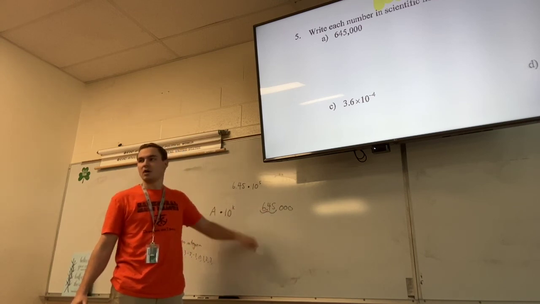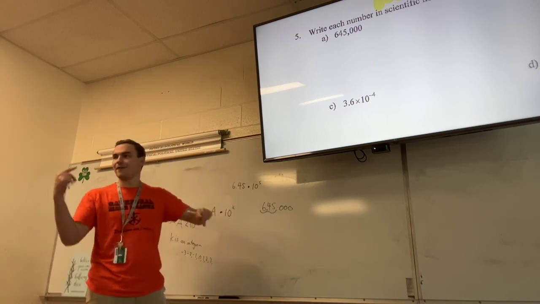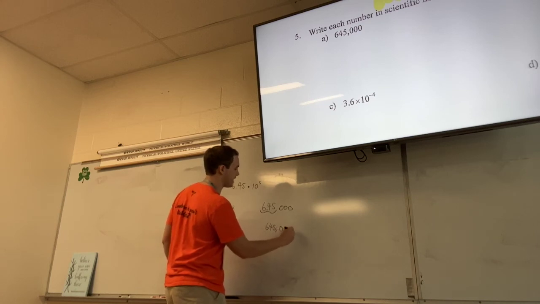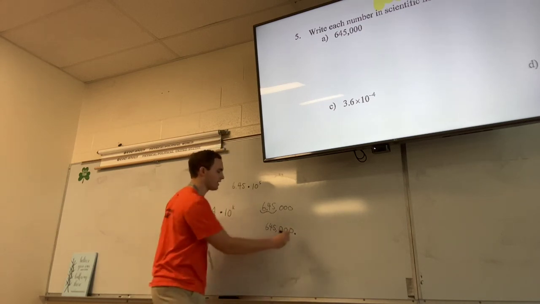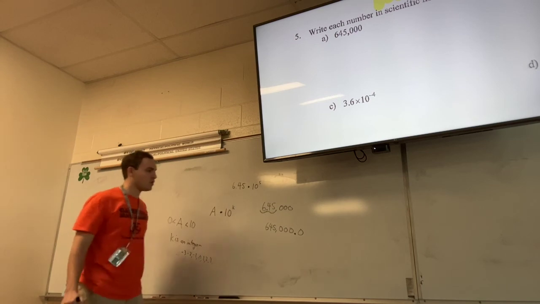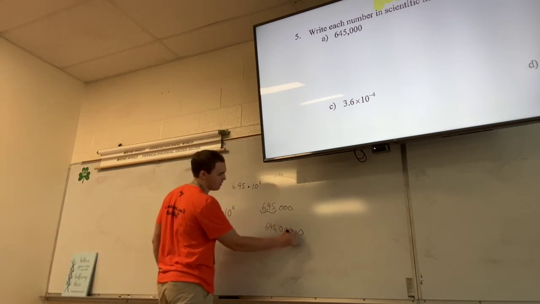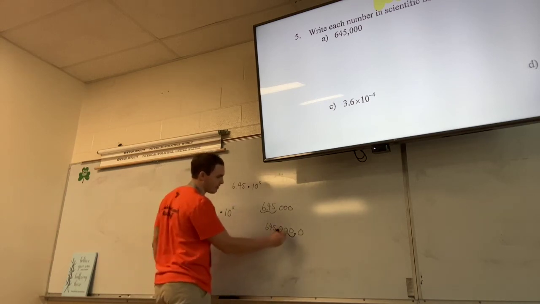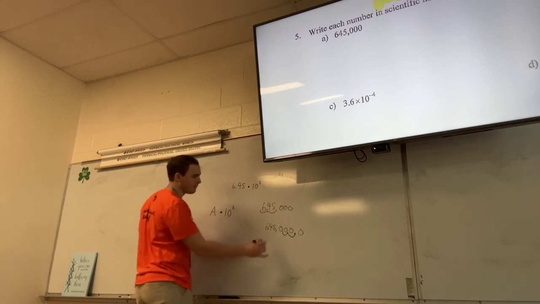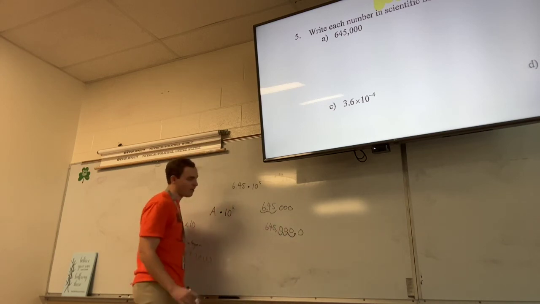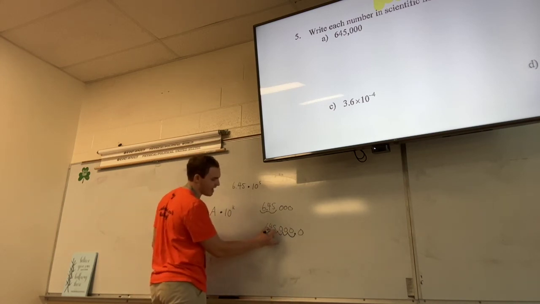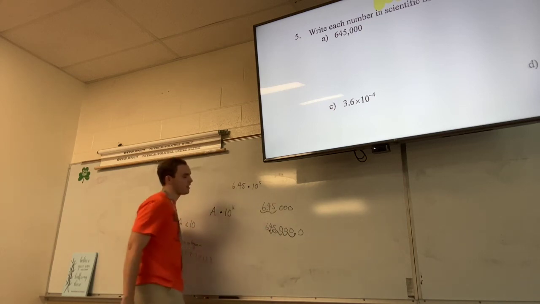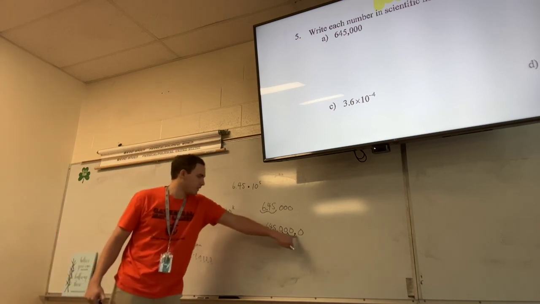What we've got to do is divide this number by 10 five times. If you take a number, so 645,000, the decimal place is here. This is technically 645,000.0, okay? To move the decimal place over to the left one time, we divide by 10. Then we divide it by 10 again, then yet again, and then a fifth time, okay? That gives us 6.45. We want to move the decimal place however many places we moved